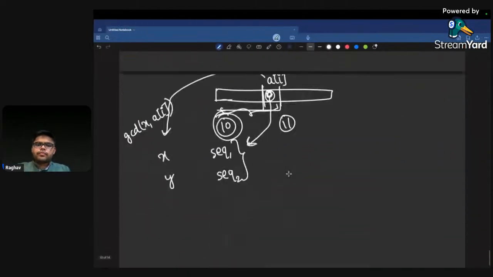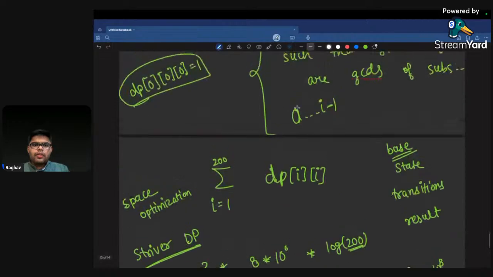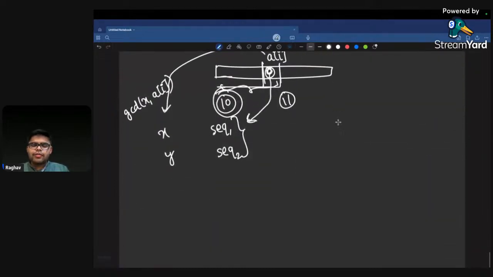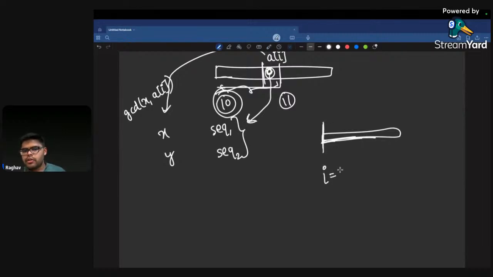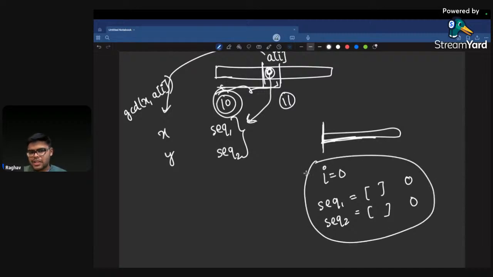See, initially when you would start from the left, you would have considered no element so far, right? And your both subsequences would be empty, right? So their GCDs would be 0 0, right? So there is one possible way for reaching till this point. This is the starting point. That is why dp of 0 0 0